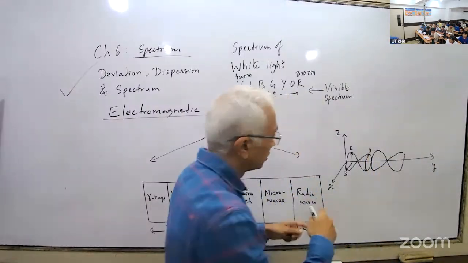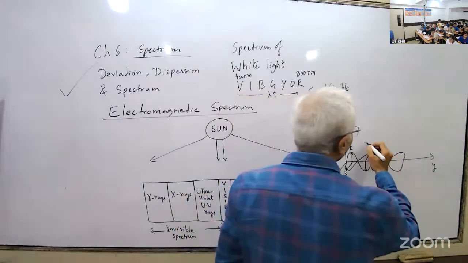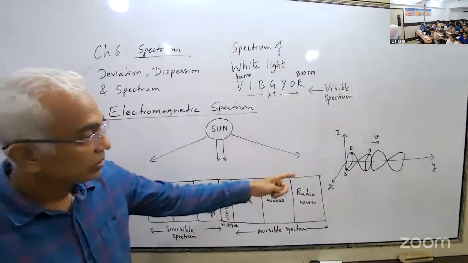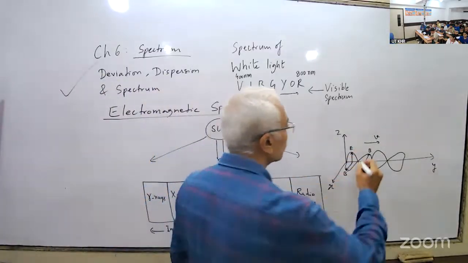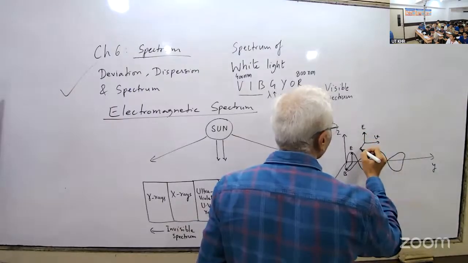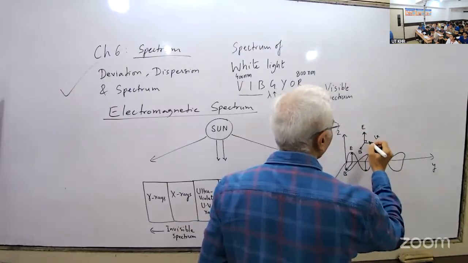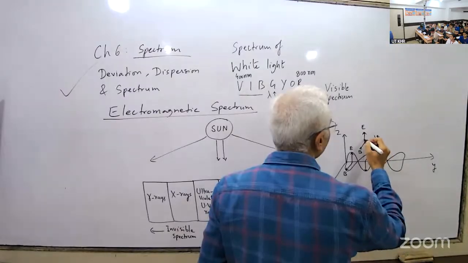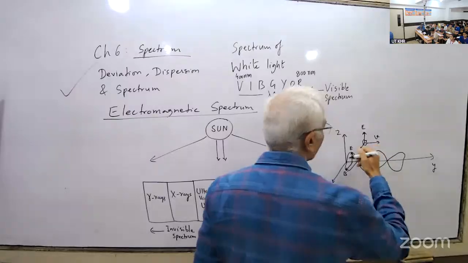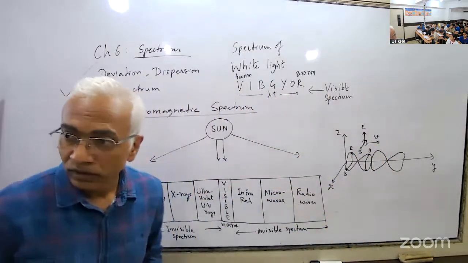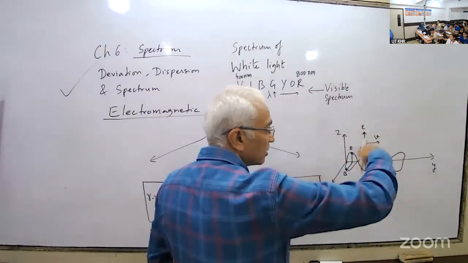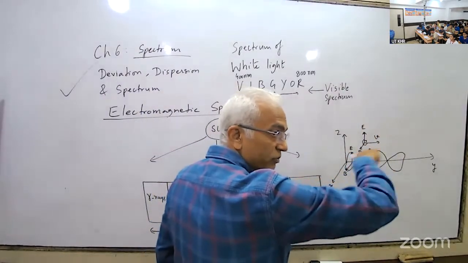Now, what is the direction of propagation of the light wave? So the electric field is perpendicular to both. And this is the magnetic field. So E is perpendicular to V and E is also perpendicular to B. So they are all mutually perpendicular to each other. Since this electric field is vibrating perpendicular to the direction of propagation of the wave,